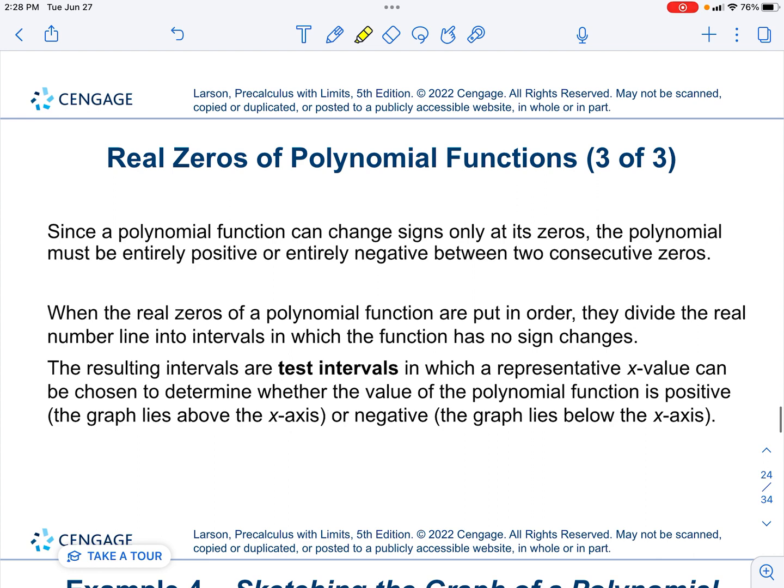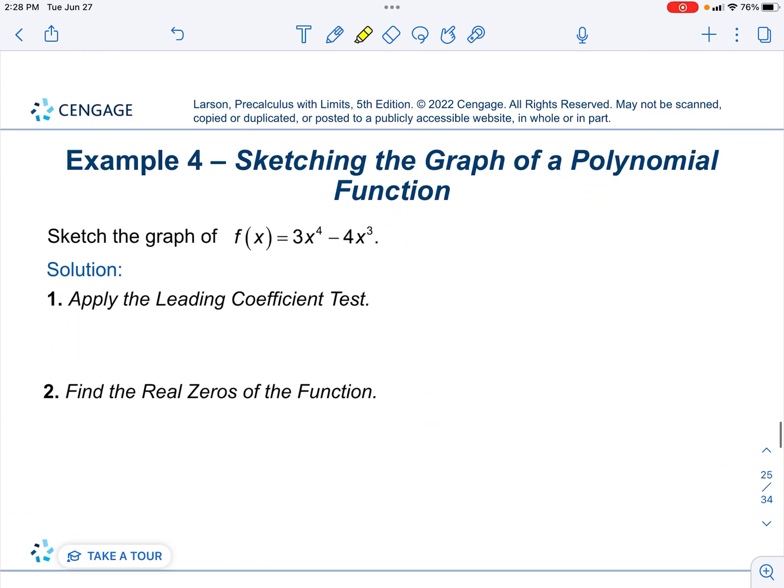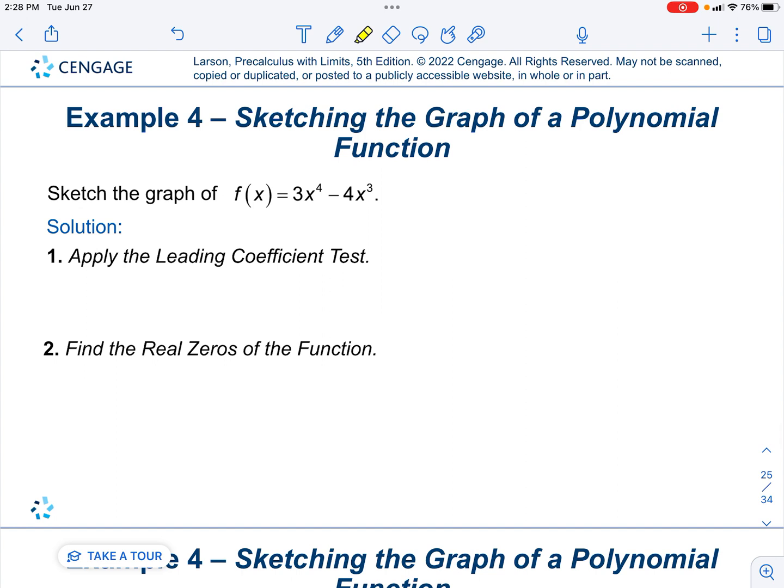We will go ahead and take a look at an example. I want to look at an example of a polynomial, and we'll go through and apply these things we've been looking at. So first, the leading coefficient test. That's going to say if the arrows on the ends are rising or falling. So we'll look here at that first